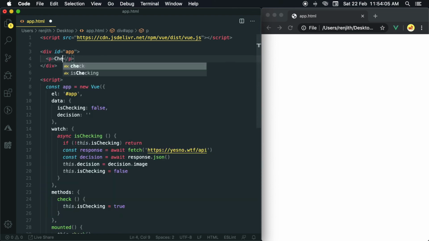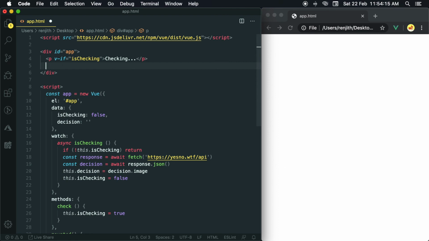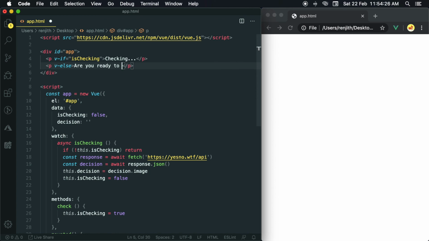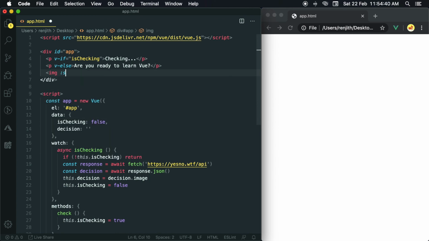Create a paragraph and add checking. Only have to show this if it is in the checking state. Create another paragraph in the else block with question. Create an image element and bind the decision. Set a width.